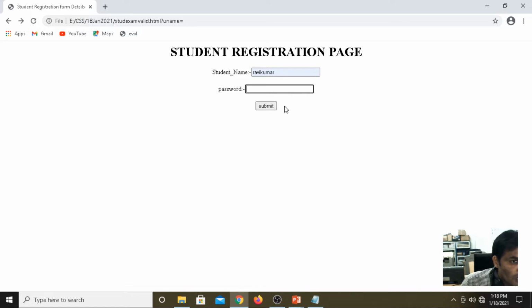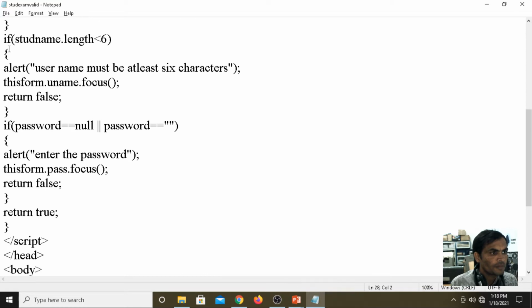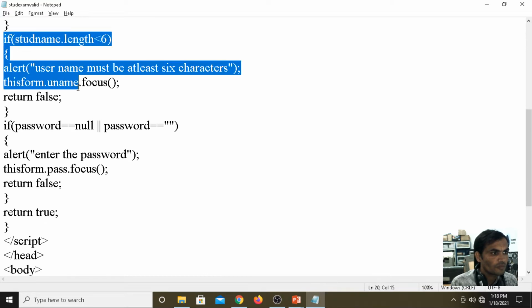Now for the password also, we need a minimum of 8 characters.